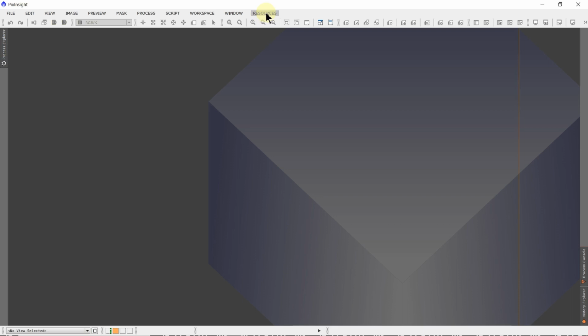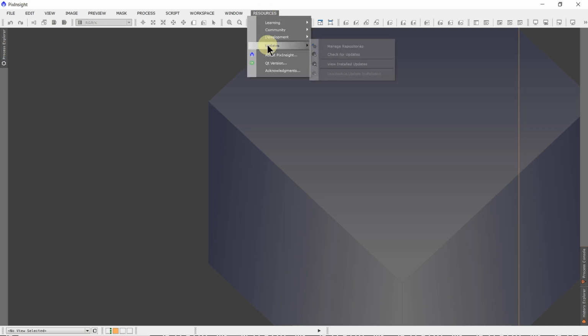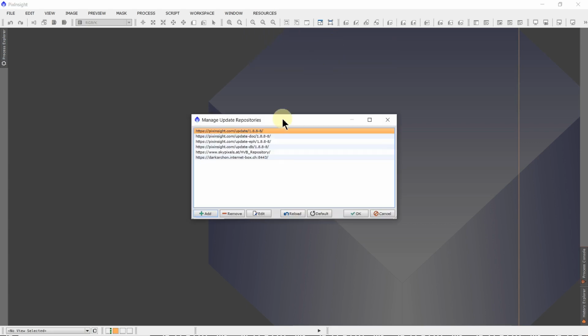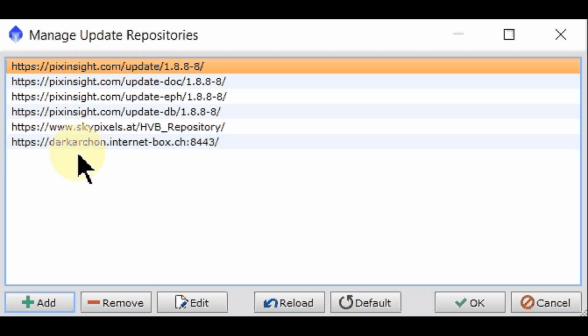let me show you. Here's resources, in PixInsight resources, updates, manage repositories. Okay, and you may have some or you may not have anything in here, depends, but you can add one by clicking on this add. Now I'm going to zoom in on this, and it's this guy right here, the